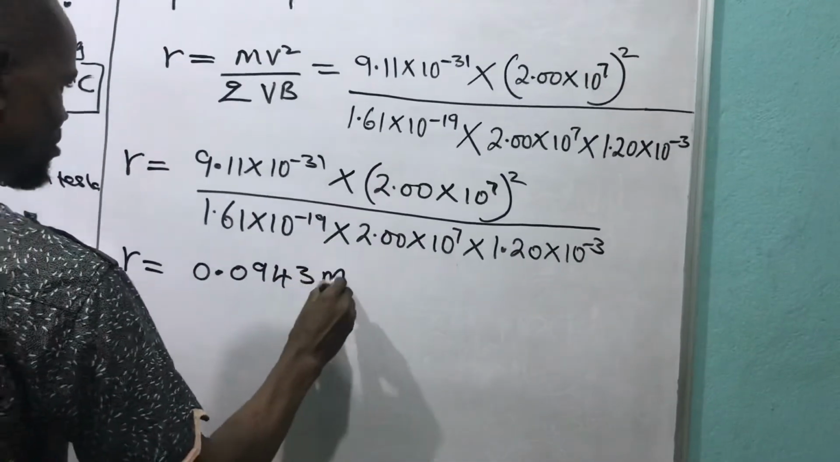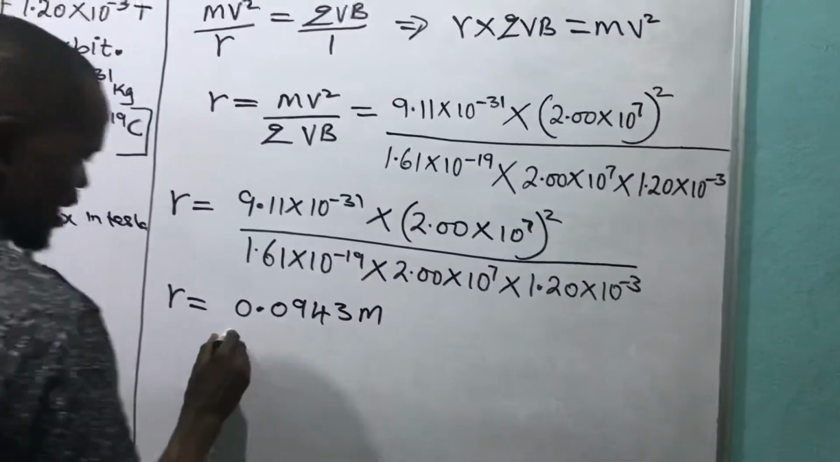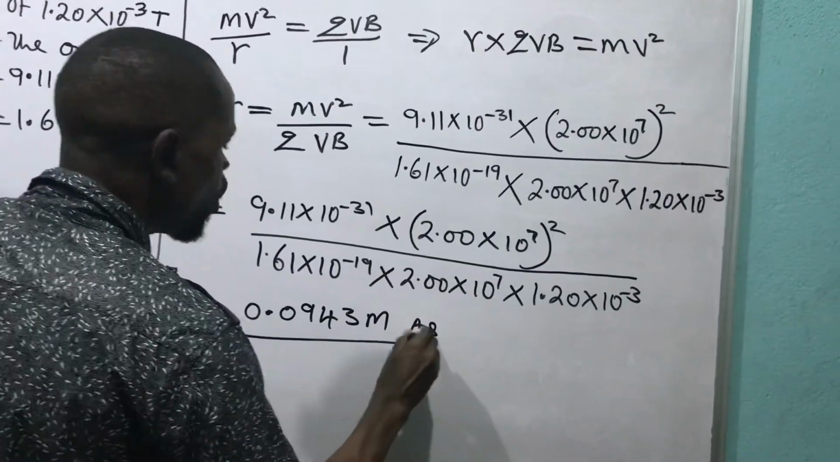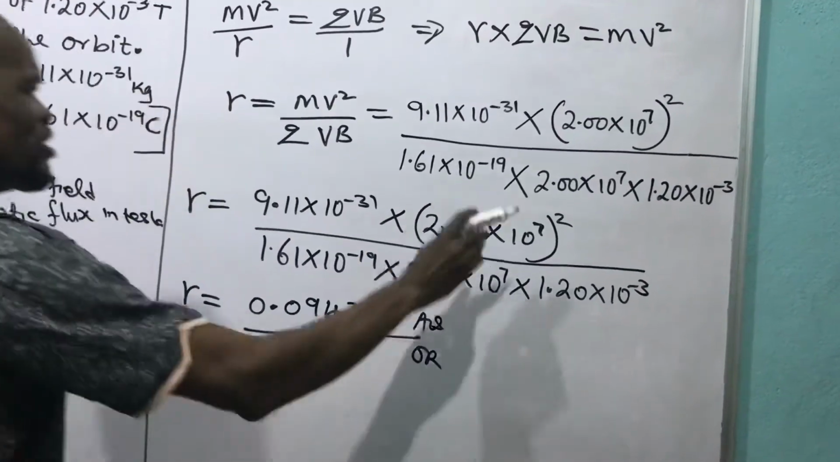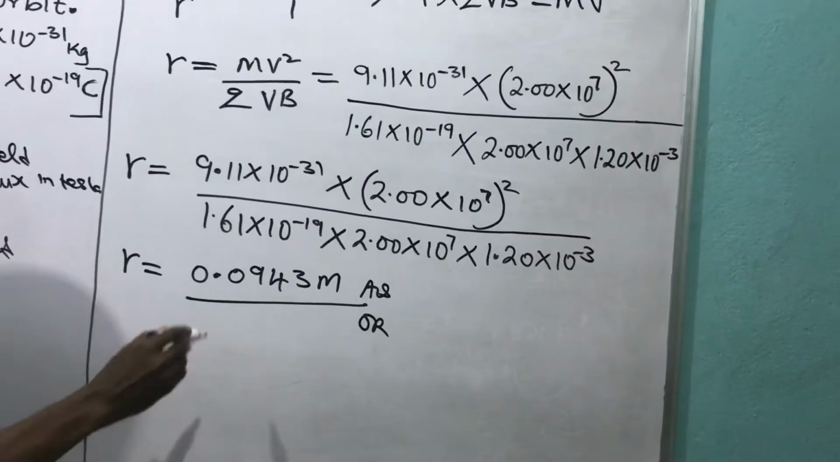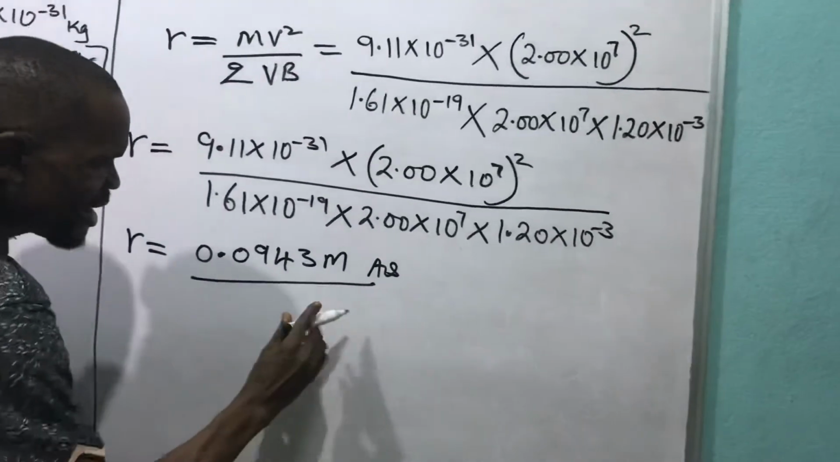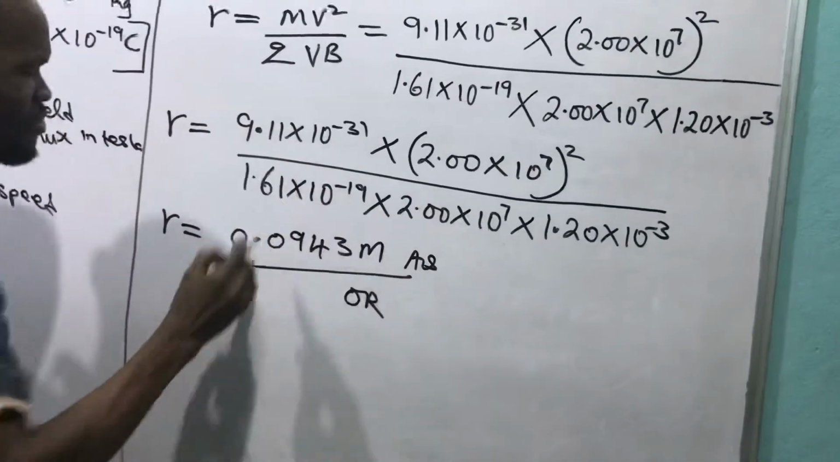0.0943 meter. That's the answer with your calculator. Or you can reduce this using your indices. How did I reduce this using my indices? I can reduce it by saying